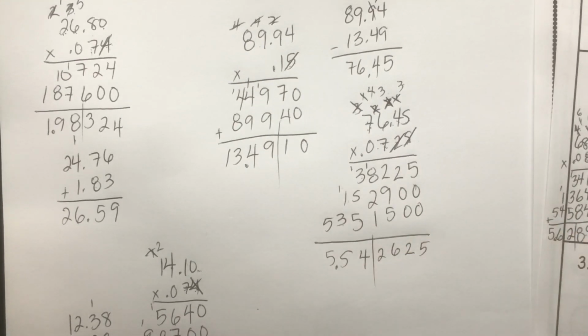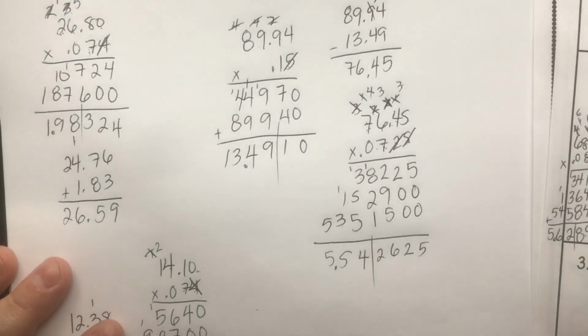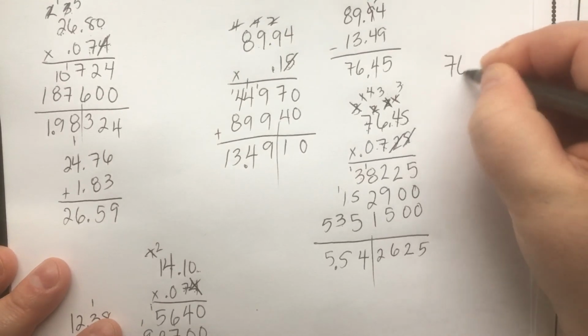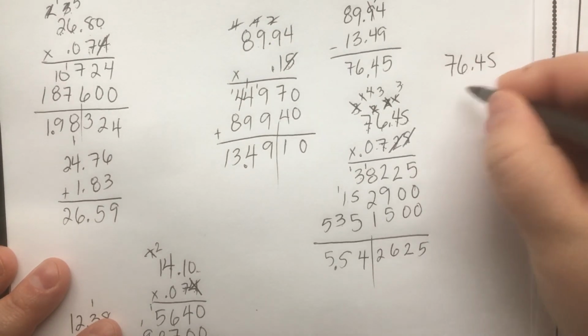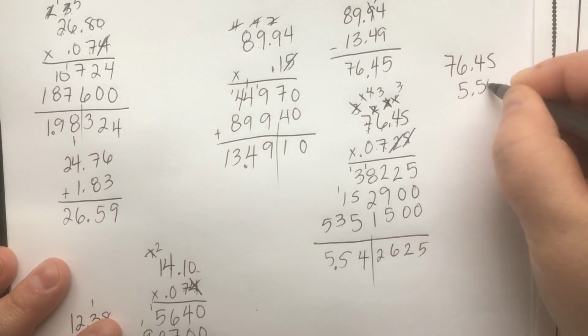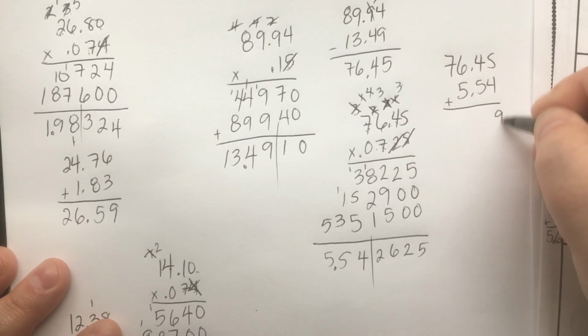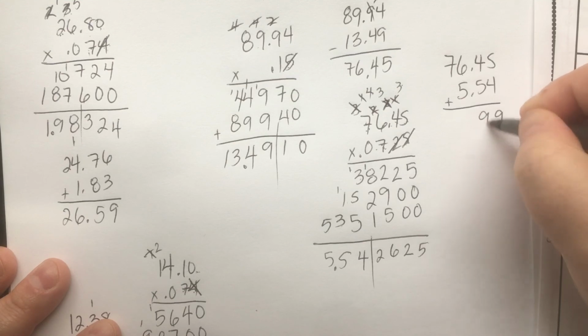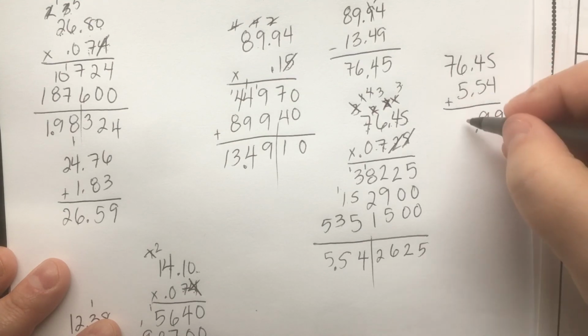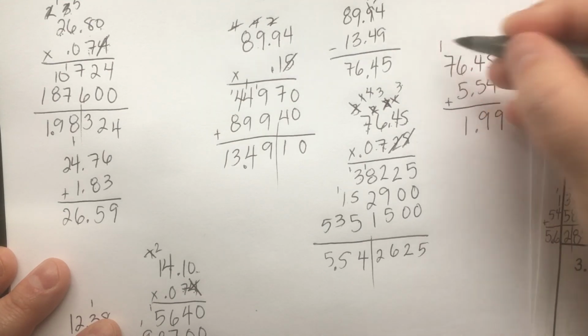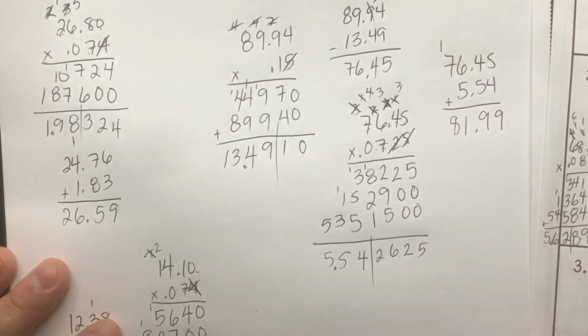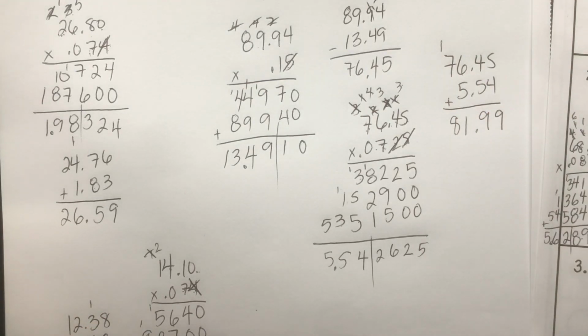Woo-hoo! Sales tax, $5.54. So it's $76.45 plus $5.54. 9, 9, 11, 8. Woo! That was quite